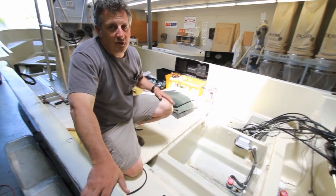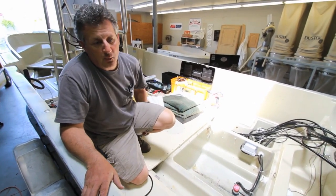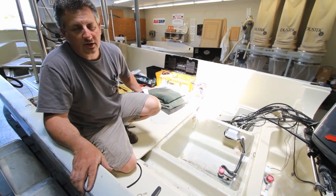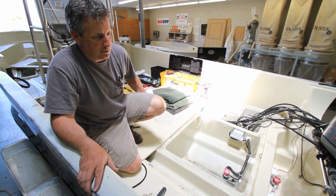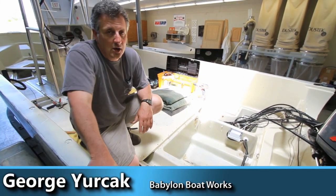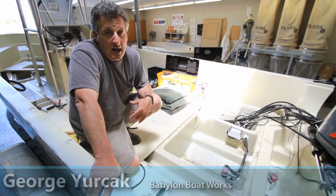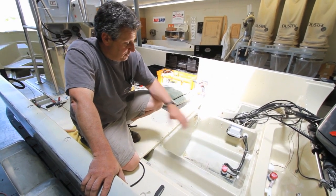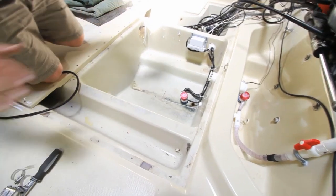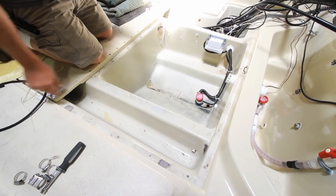Okay, so what we have here is a live well system that we came up with for the customer's boat. He basically complained over the fact that he couldn't really keep fresh water in there, couldn't keep fresh baits. So we kind of put something together where he can force water in and pump water in. Looking inside the bait well itself, with the floor section off, we've got